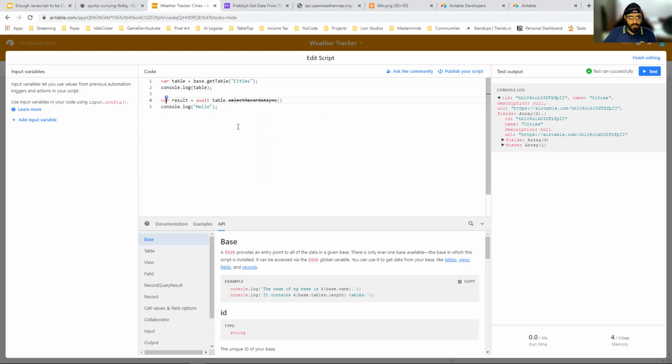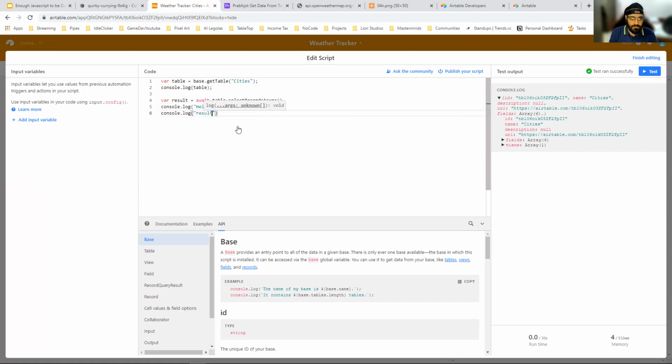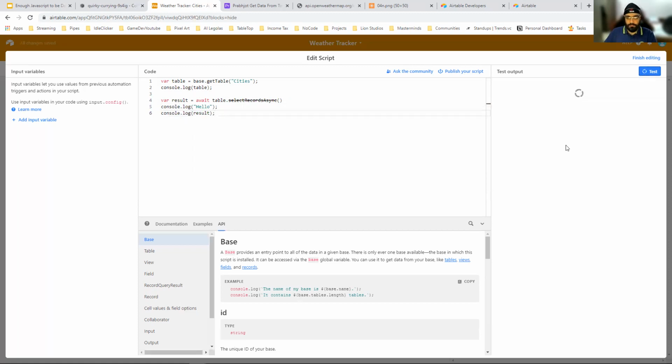So if I run this, I'll just show an example of what I'm doing. When I run this code, it'll run this line, wait for it to complete, and then come and print hello, and then print all the rows in that table. So let's run this.